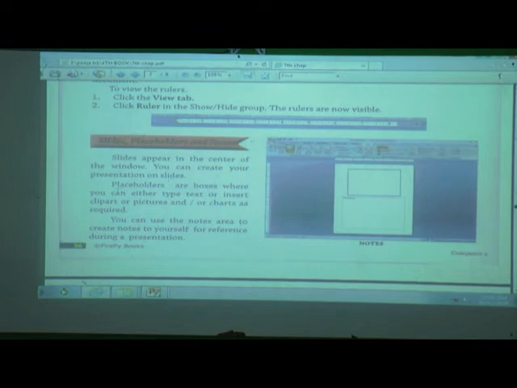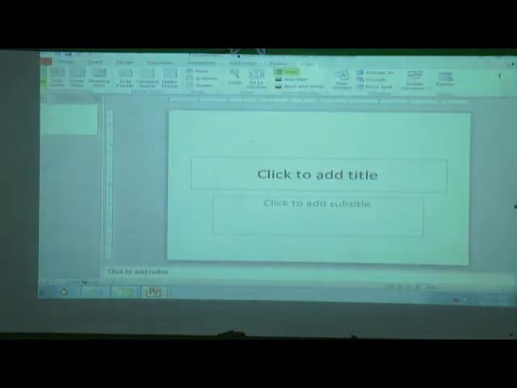Next one: what is meant by slide? We can create our presentation in the slide. There are two options: click to add title and click to add subtitle. We can add a blank slide also.